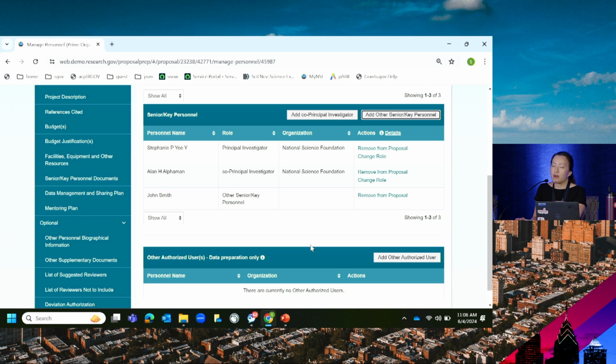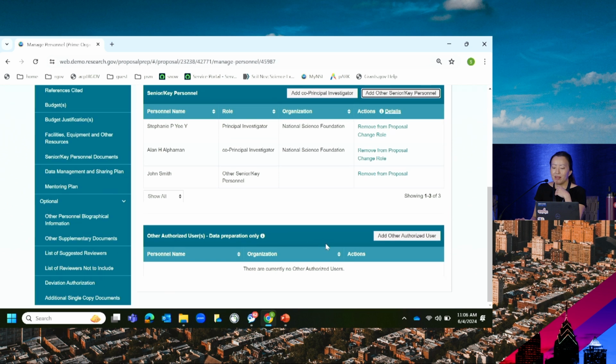This is the screen where all my core people are, and what I mean by that is they are all required to have the senior personnel documents. It's a good segue to go into senior personnel documents, but I'm going to show you one other role at